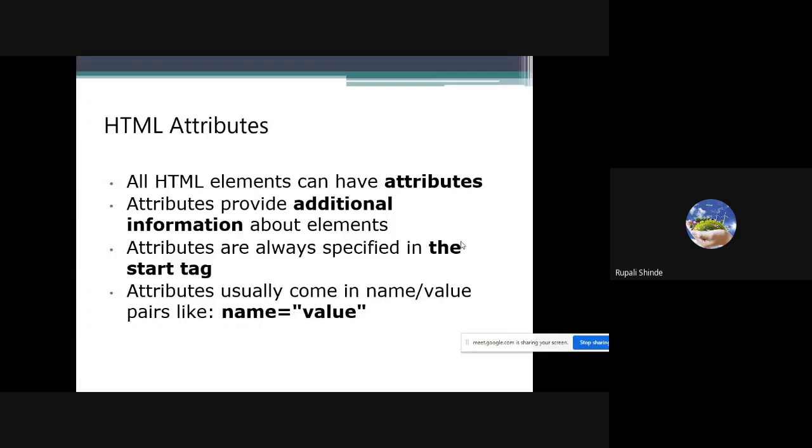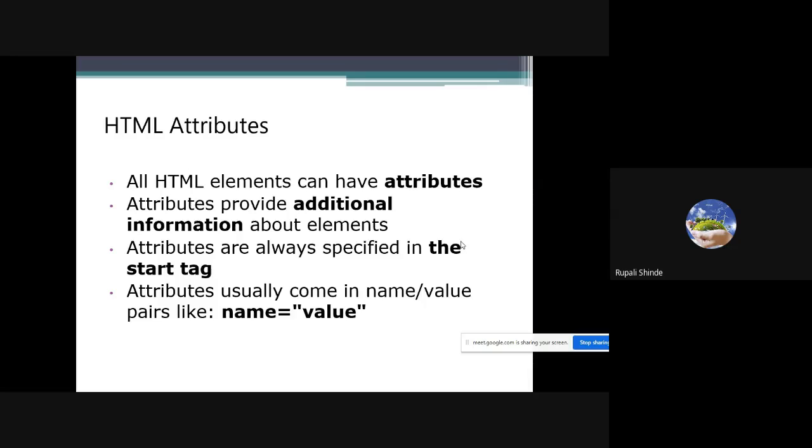Then attributes usually come in name-value pairs. Every attribute is a property of the element. Suppose color is the property of a table, or of a form. But I want the value: I want red color.